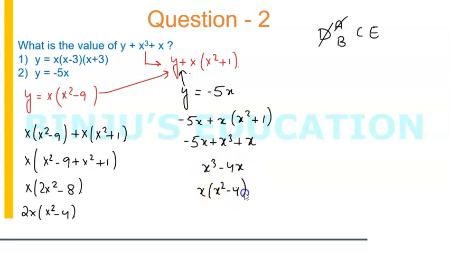I know the value of x. Unless and until I know that value, I can't do anything with it. So which means b also goes out. Now the only option I'm left with is I need to combine both these statements. Okay, so let's suppose if I combine both of them,